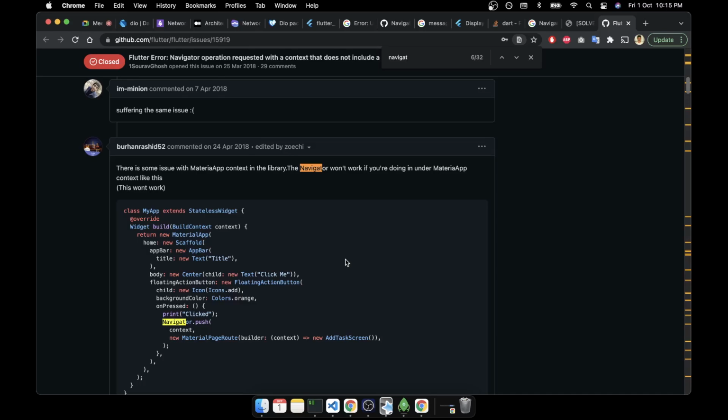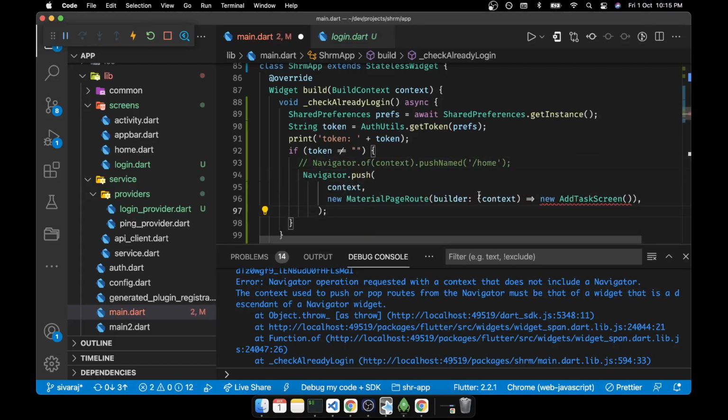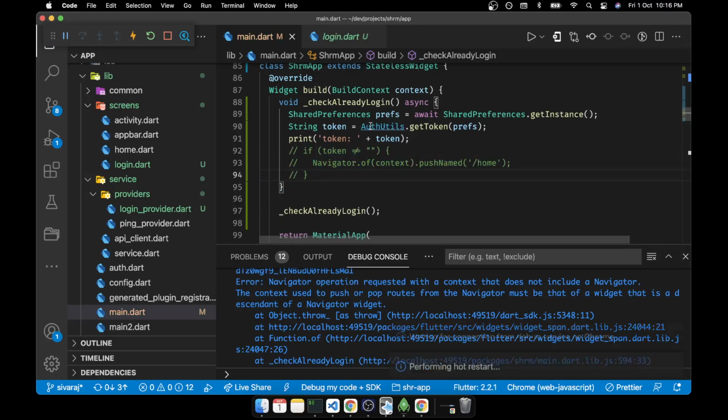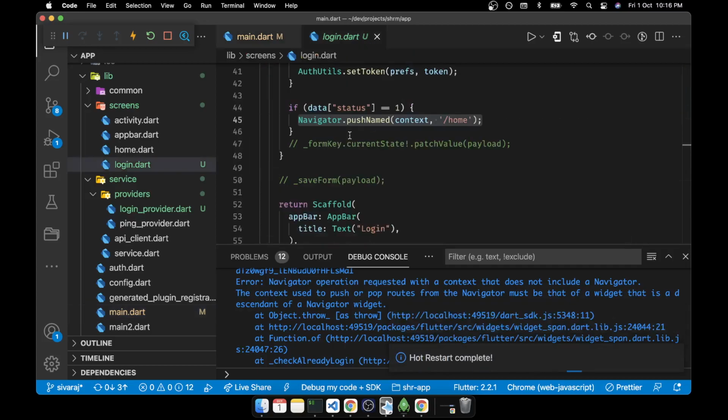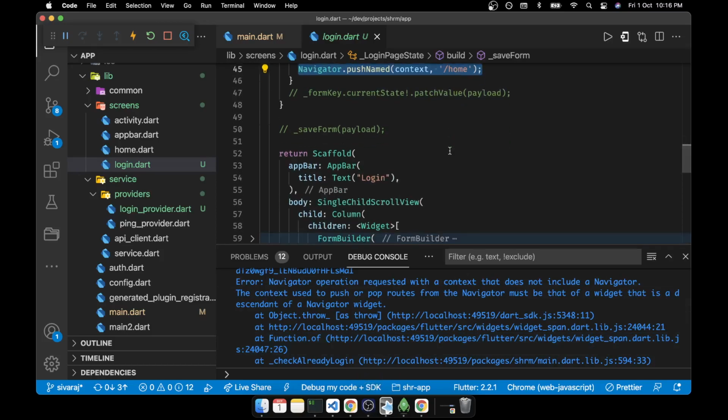Okay, so from that they are taking the context and then they are trying to do something. Maybe we'll try this part and see whether it is working. But anyway, we always have to go with named routes only. For now, temporarily, let it be this one. So this part will be pending. We'll look into it.